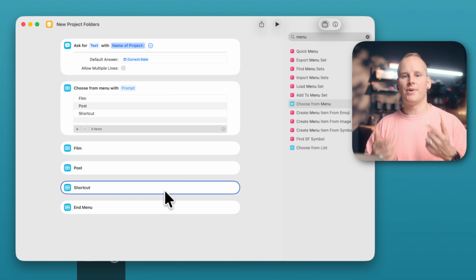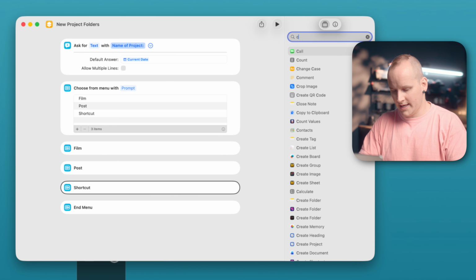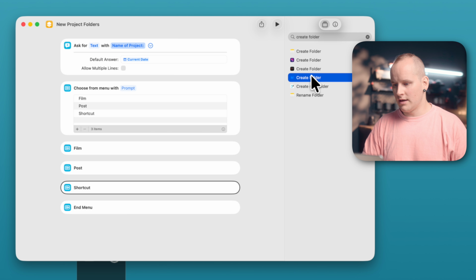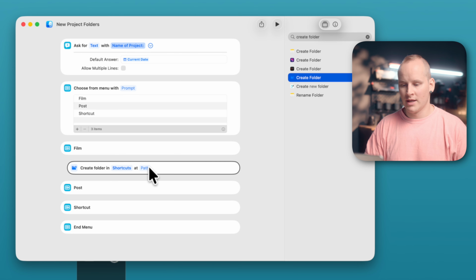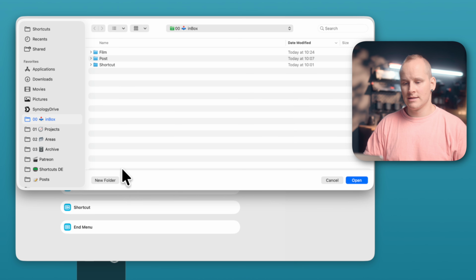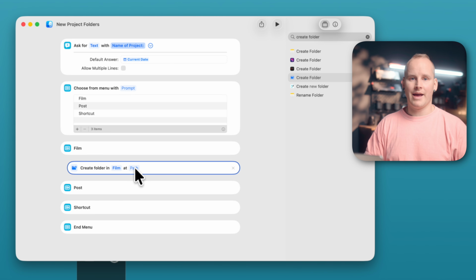As you can see, for each item you will find an action. And here we can create our folders and subfolders. For that, search for create folder and don't double click on create folder, drag it and drop it into this menu action. Of course, we need the main folder for our project type. For film, it's my film folder. For that, I click on shortcuts and I select the film folders. For the example, I select this film folder, open,